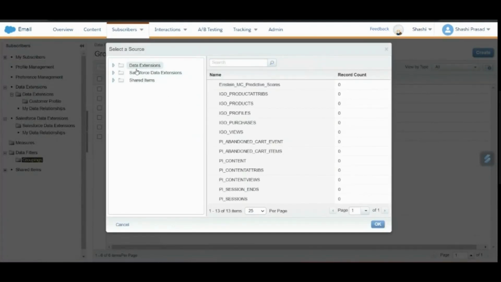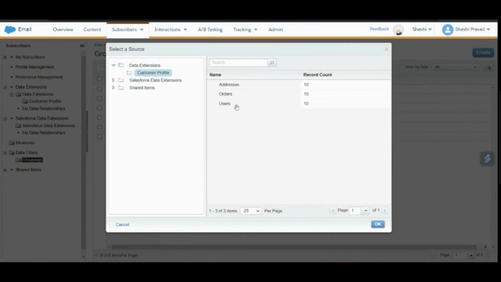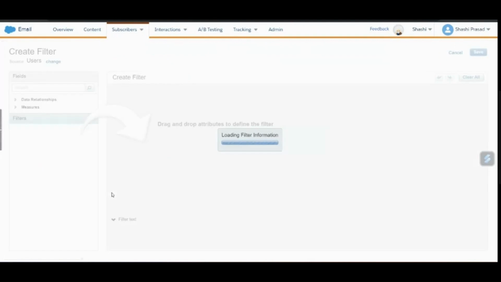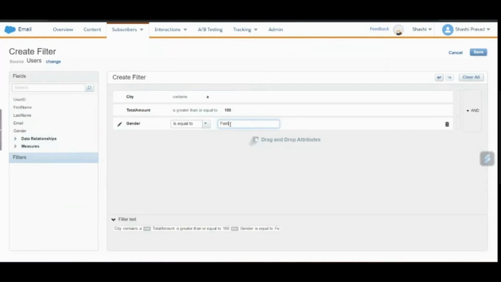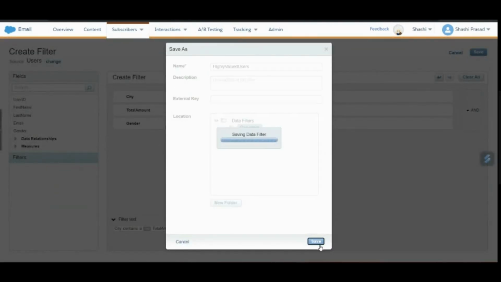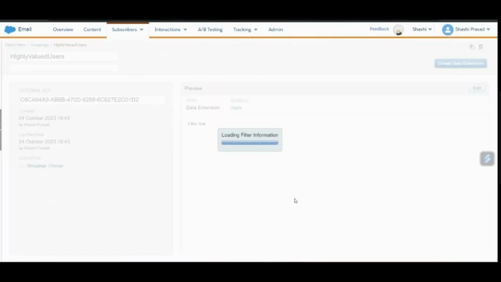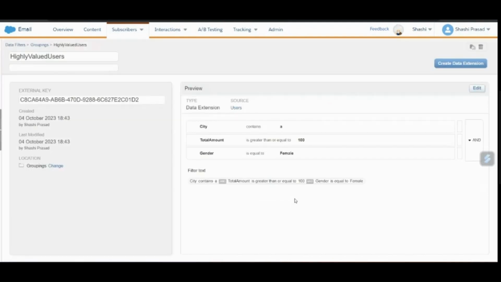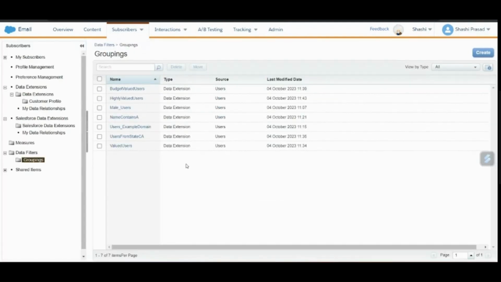Select the source as users, female. And save this. So now we have created